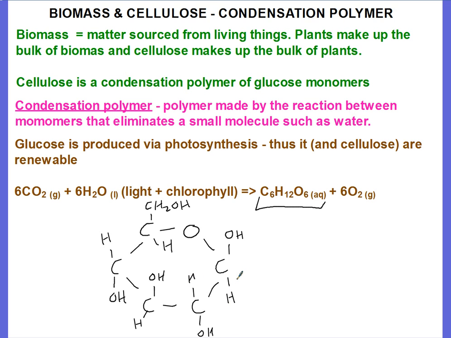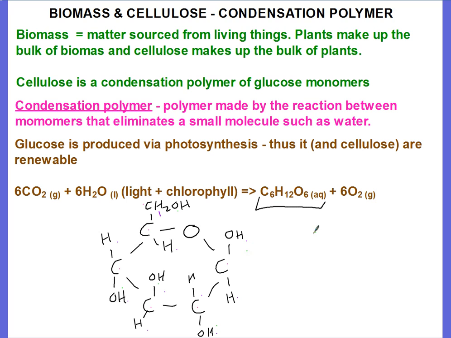And now, have we got the C6H12O6? Let's go count our carbons. We've got 1 up there, 2, 3, 4, 5, 6. There's our 6 carbons. Let's count our hydrogens. So we've got 1, 2, 3, 4, 5, 6, 7, 8, 9, 10, 11, 12. Our 12 hydrogens are there. And finally, let's look at our oxygens. Have we got our 6 oxygens? 1 up there, 2, 3, 4, 5, and 6.